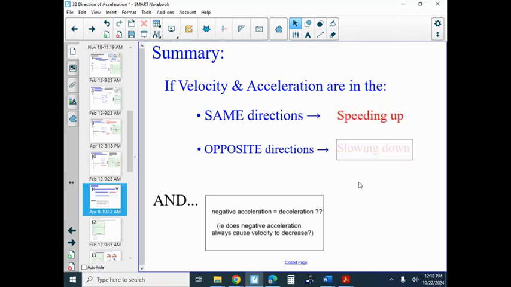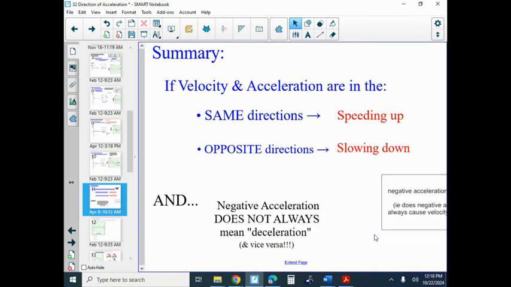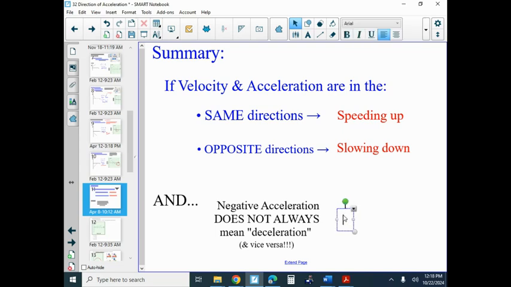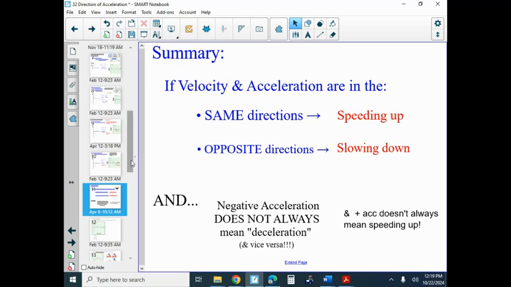And if they're in opposite directions, they're slowing down. Okay. And certainly we have established here that negative acceleration doesn't always mean deceleration, and vice versa. And I could even add in, because I have to use a plus symbol, that positive acceleration doesn't always mean speeding up. And so obviously there's a bit to keep in mind here